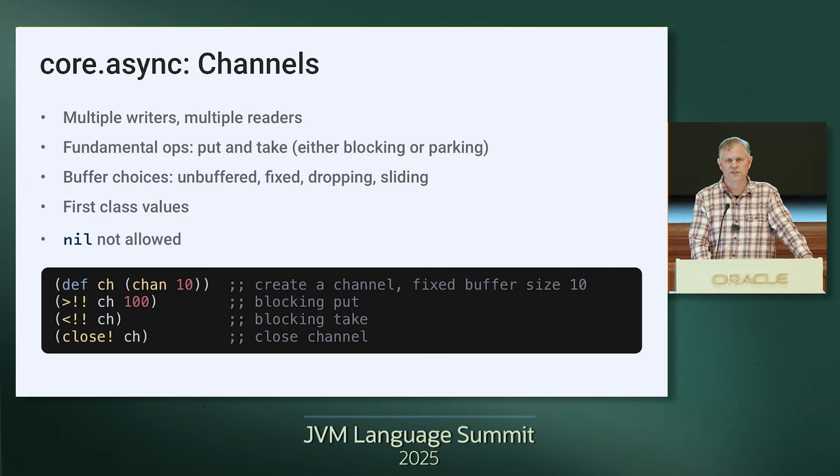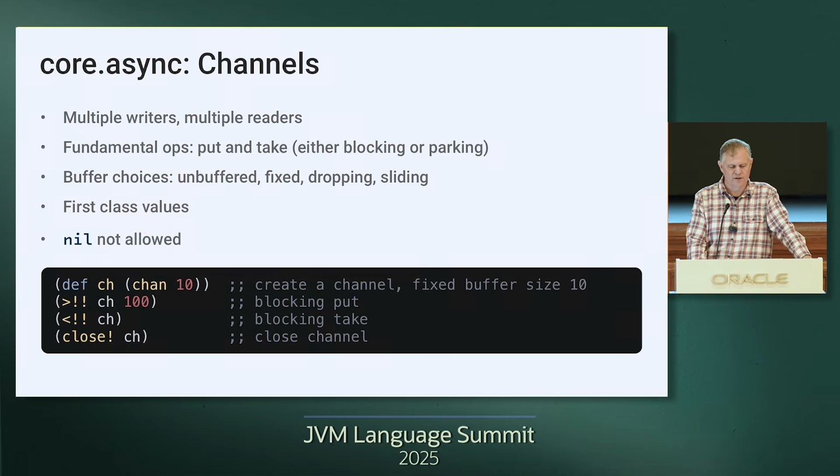The values that go on the channel are values, first-class values. Channels themselves are values. So you can pass them around and pass them to functions and things like that. Nil is not allowed. So that's the basic idea there, is that these are our conveyor belts of things, and a nil is an absence of a thing. So we don't put nil on the channel. And that also allows us to use it as a token kind of a thing for different circumstances.